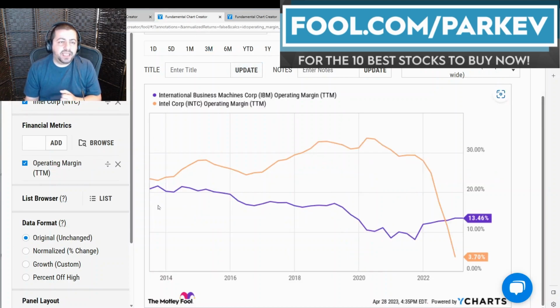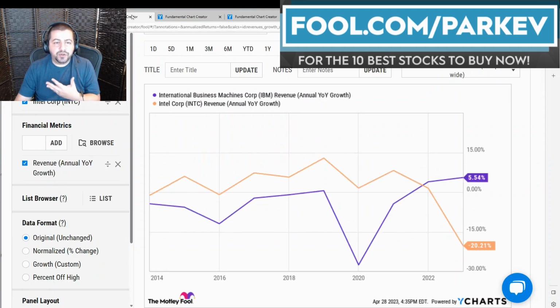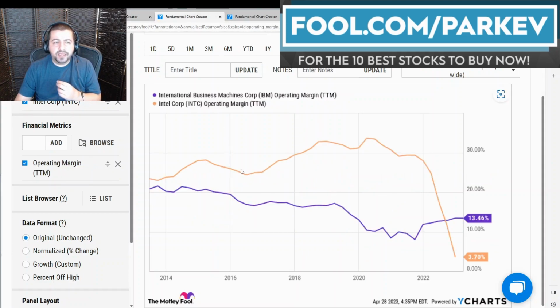The next thing I wanted to look at is operating profit margin over the trailing 12 months. And again, Intel had the lead in this for the most part of the last decade, and it was improving, right? Moving up while IBM was moving downward. That is until the most recent year, right? Where it really collapsed as a result of those headwinds I mentioned earlier. So again, for the short term, this is going to persist. But if you look at it structurally, if you look at the business longer term, Intel delivers better revenue growth at better and expanding profit margins,